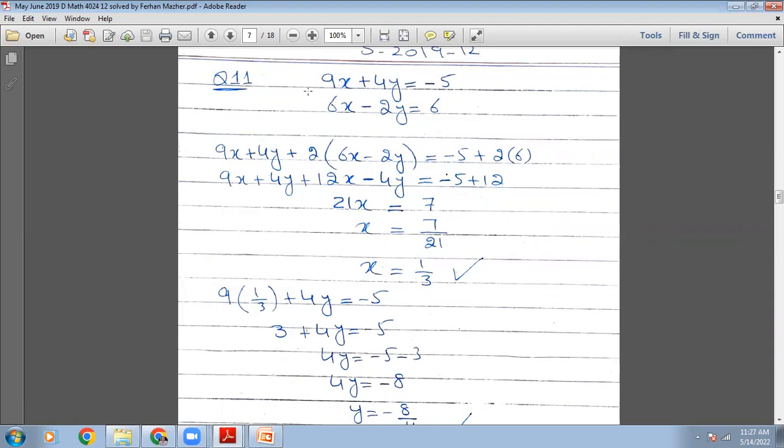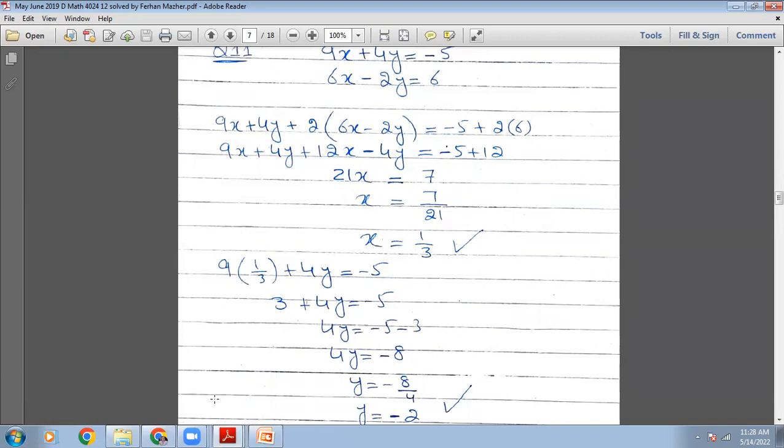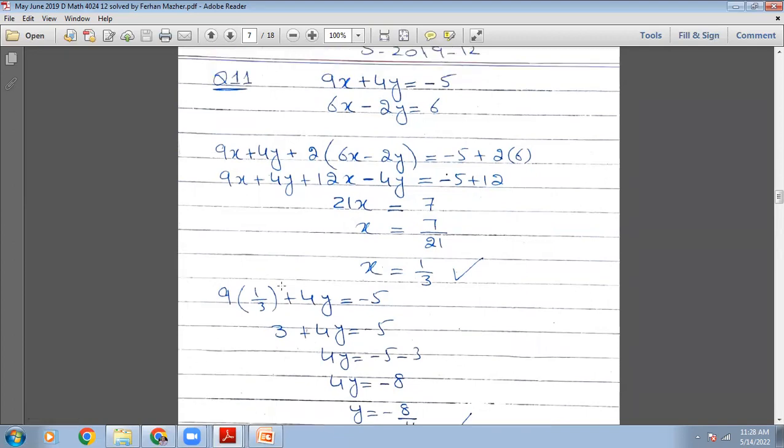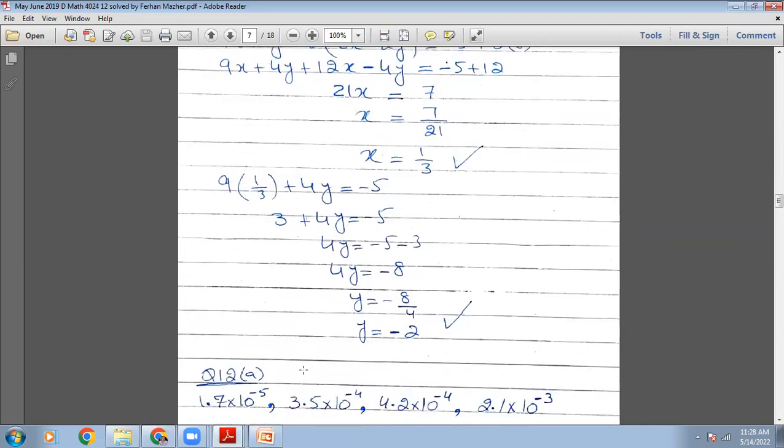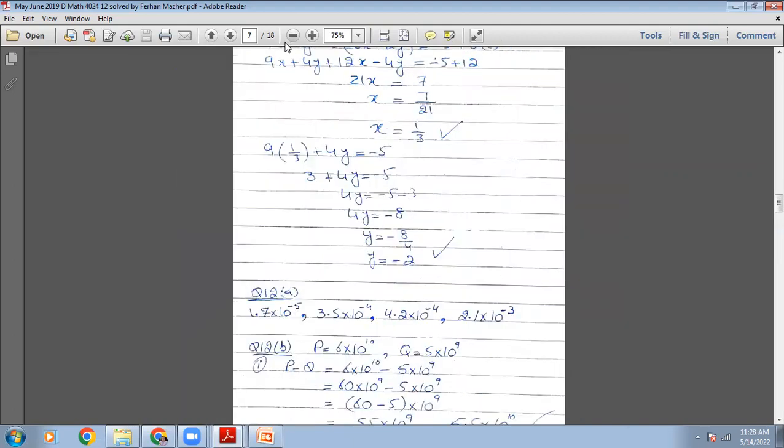Put x equals 1 by 3 either in the first equation or in the second equation, wherever you want. I have put this x equals 1 by 3 in the first equation in the place of x. 9 into 1 by 3 plus 4y equals minus 5. 3 and 9 cancel, 3 is left, so 3 plus 4y equals minus 5. 4y equals minus 5 minus 3, and that will be minus 8. So y will be equal to minus 8 divided by 4, and that will be